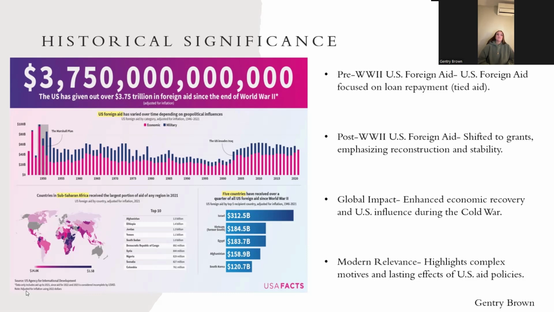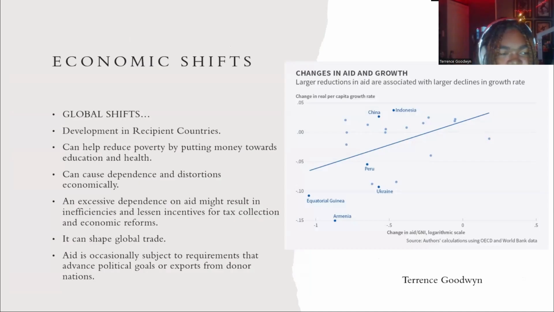Building on the pivotal role of U.S. foreign aid in shaping global political and economic landscapes post-World War II, we can observe the broader economic shifts that have emerged both globally and domestically. These transformations are directly influenced by the strategic deployment of foreign aid. The economic shifts associated with foreign aid. Starting with the global shifts,